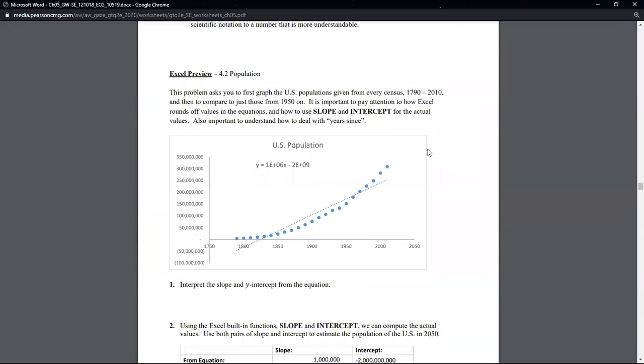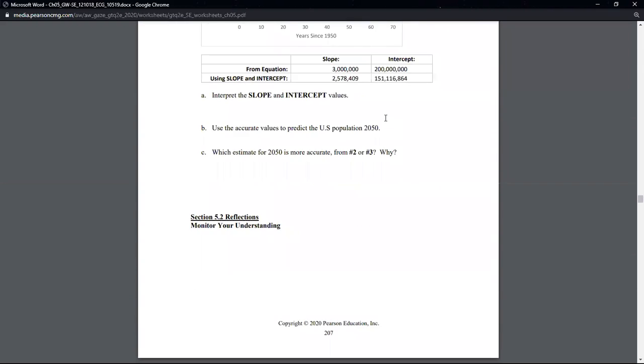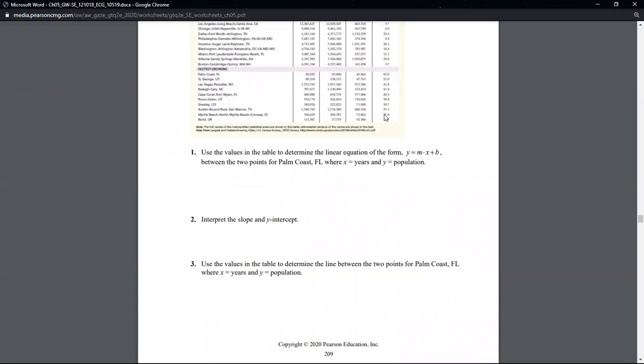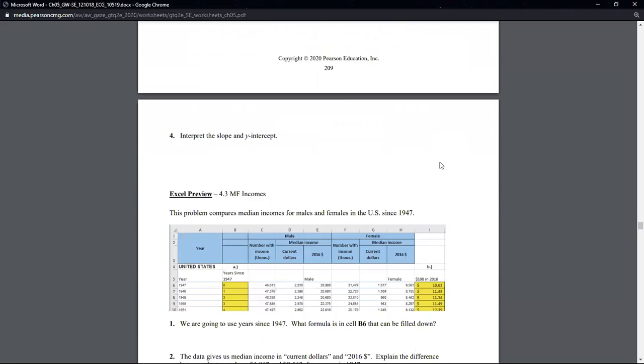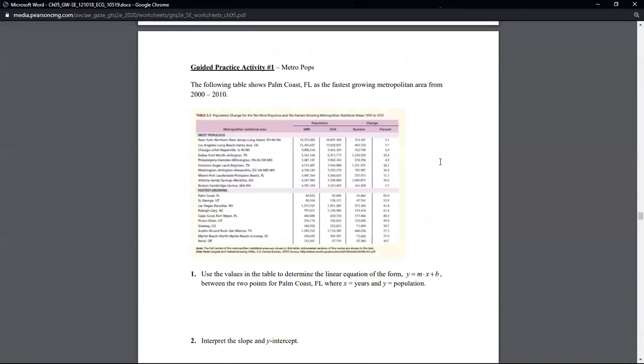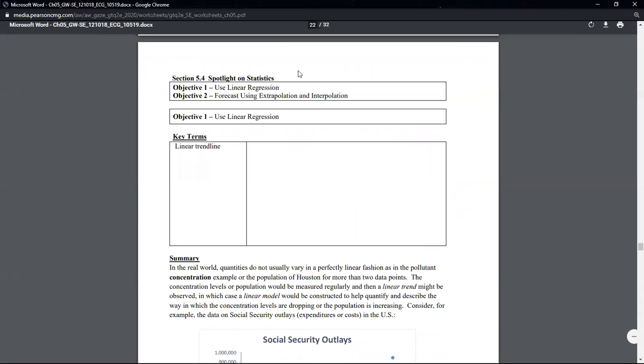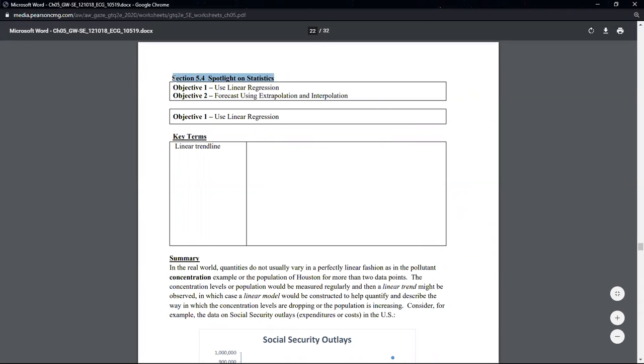We do have more of these guided activities I want us to do. And it is not that one. I'm on the next page, sorry. Here we go. Oh, I don't know why I said that. We never even started the guided activities for 5.3. My bad. So we're done with the notes. We got guided activities. But the point of what I was trying to say there, sorry about that, is these guided activities say 5.3, still 5.3, still 5.3. These guided activities say 5.4, and you'll notice it says statistics.